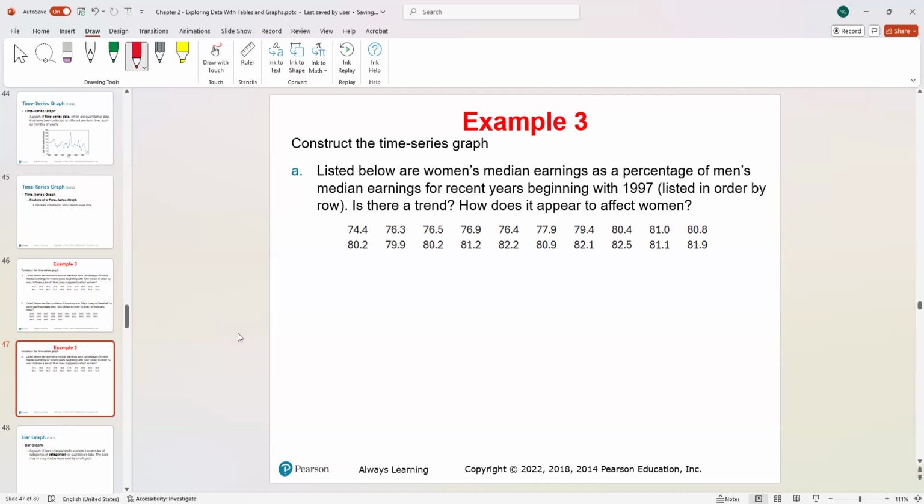So that means if I go with 1997 on a horizontal axis that represents the years, let's go. If I do 1997, let's suppose 1997 could be somewhere here. Okay, is there a trend? How does it appear to affect women? Now, if I start with 1997, where am I gonna continue to? In 1997, we have